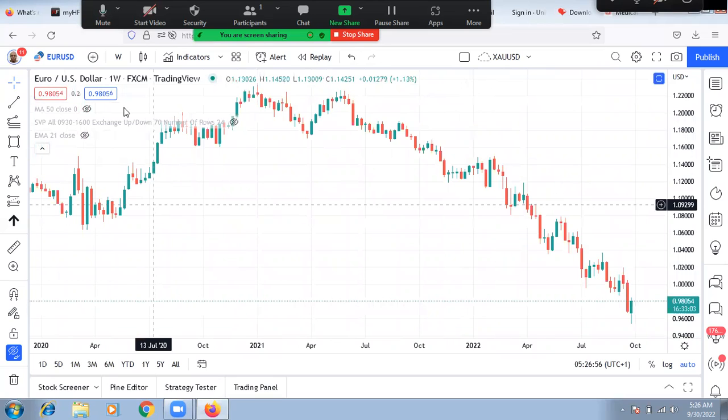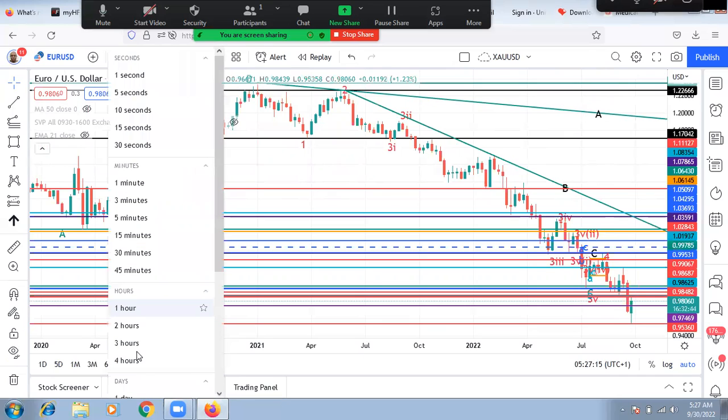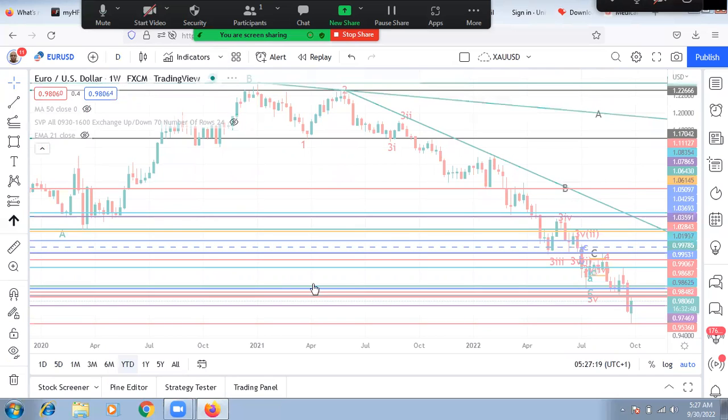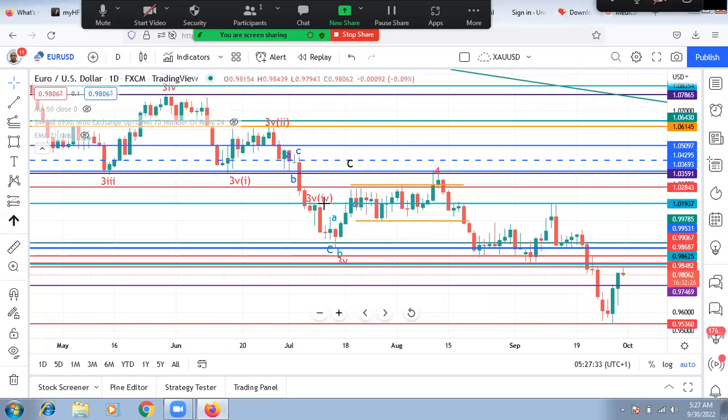Let me quickly bring out this instrument because I don't want to waste much time. Sometimes you have said probably this is 3 and this is like 4 and is this 5 and all of that. We have said a whole lot, but let me go inside the daily. I want to move as quickly as possible, and we know that when you are looking at an ending structure, the picture here on the daily,